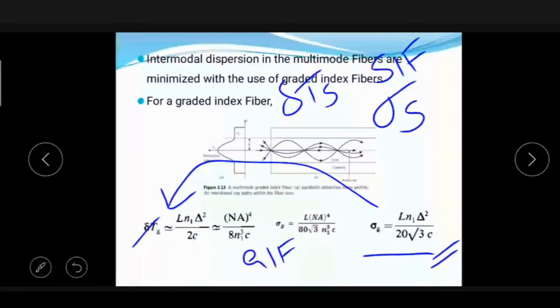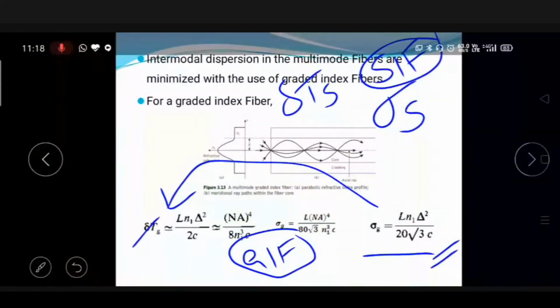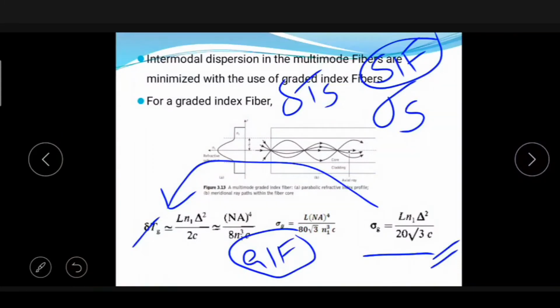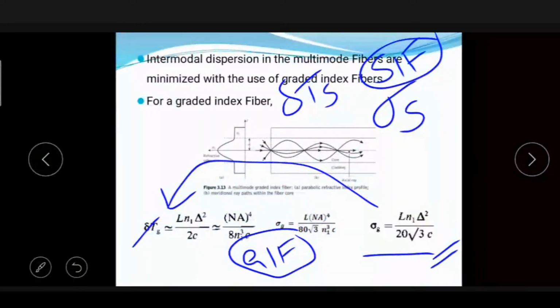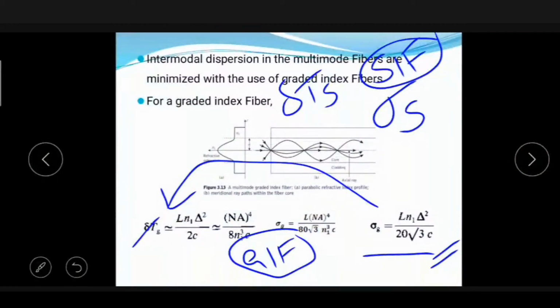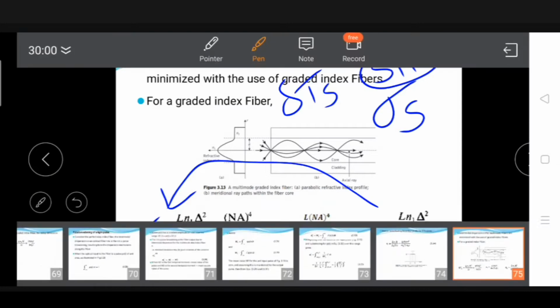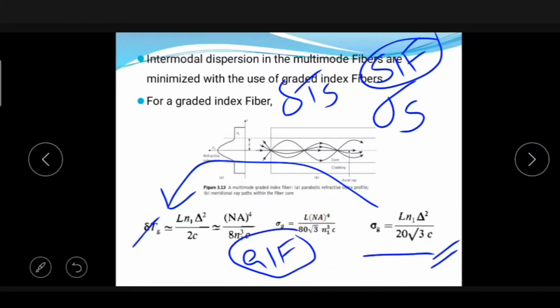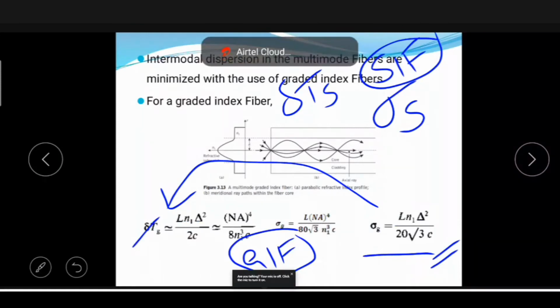Okay, so you don't have any derivation for GIF, you have only the derivation for SIF. So these two derivations, you can derive either delta Ts or sigma s. Any one can be asked for 6 or 8 marks. Whatever is required in terms of diagram, theory and equations, those are to be written. Later you have to derive it. Any doubt in this derivation which is based on delta Ts?